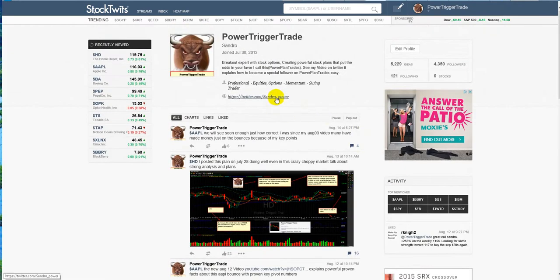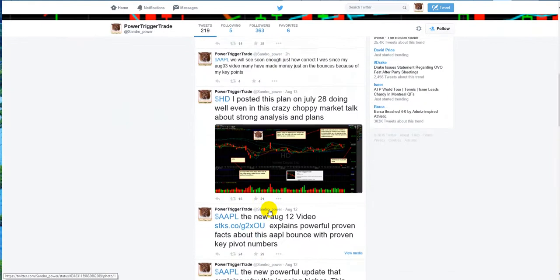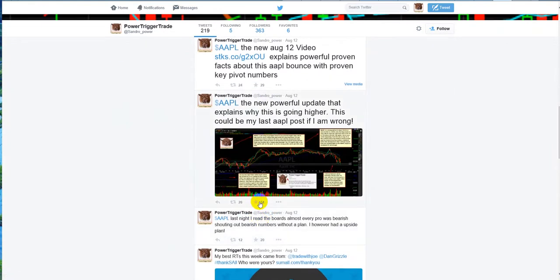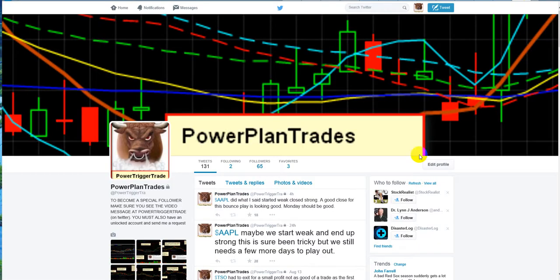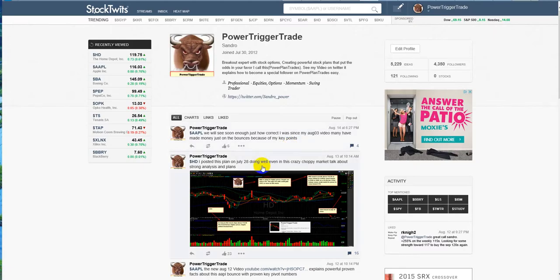And then when you go to Twitter and you go to the Apple chart, this is an example. You would do a favorite and a retweet. And these numbers should be a lot higher. Understand this, people. Power Plan Trades, if you see 65, 75, 85 followers, we should have much higher numbers, and tons of people. We should have my charts, especially the successful stuff, retweeted a lot.